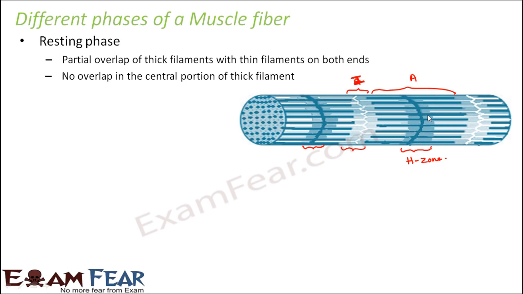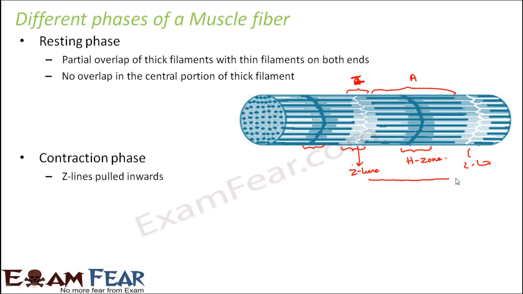But what happens when there is contraction? So this is how it looks like in the contraction phase. As I mentioned, in the contraction phase, the sarcomere will get contracted. And what is sarcomere? The region between two Z lines. So this is the Z line. Again, this is the Z line, this white line. So this is another Z line, right? And the distance between these two is known as the sarcomere.